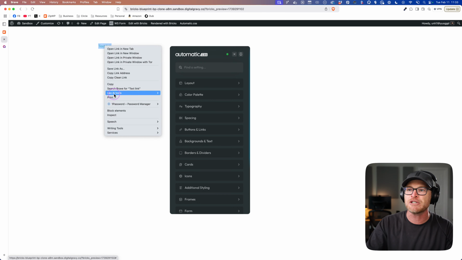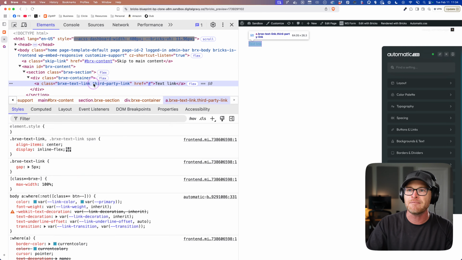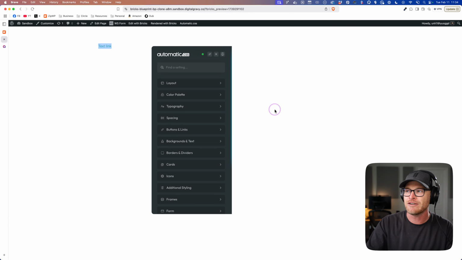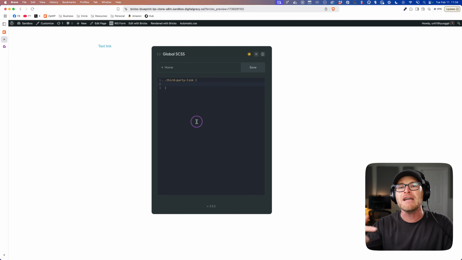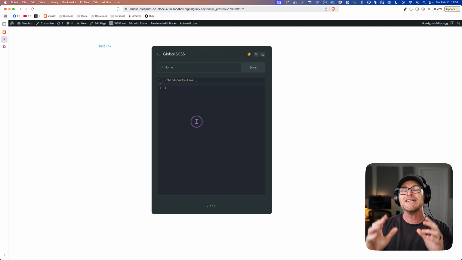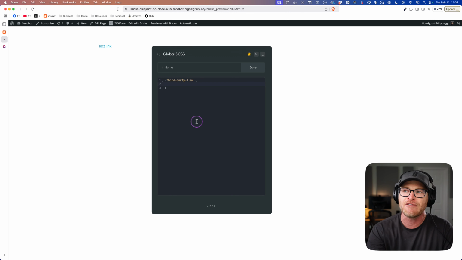Okay, so I'll close that, I'll refresh here. Same situation, but the difference now is it should have that class on it. And it does, third-party link. So I'm gonna go to Global Sass and type third-party link. Now, how do we make things look like buttons in ACSS? And I'm doing this globally because I want this to happen across the entire website. You could assign all of the styles independently, write out every single style. I'll give you a little tip: there's dozens of them. Buttons are a framework in a framework. If they're done properly, you have to framework buttons, so it ends up becoming a mini framework. You don't want to have to hassle with that.